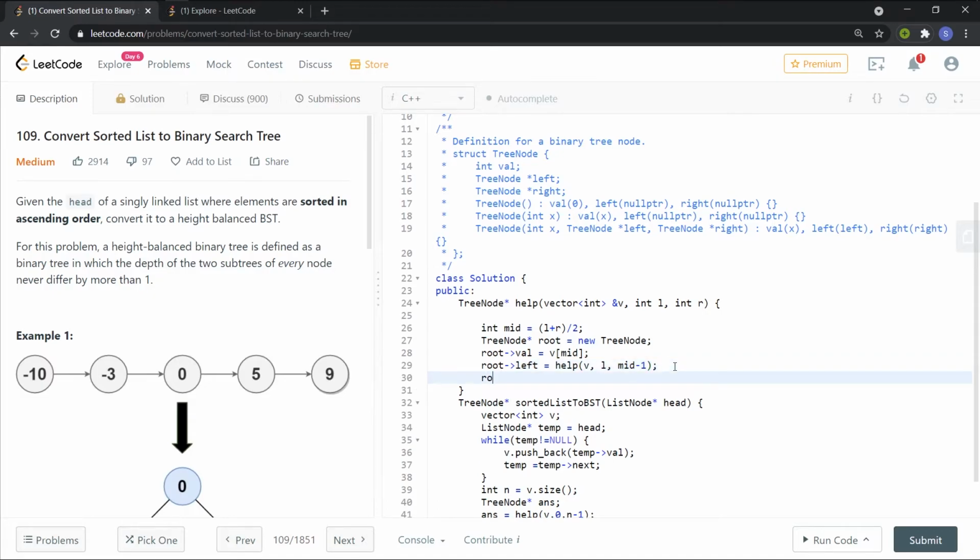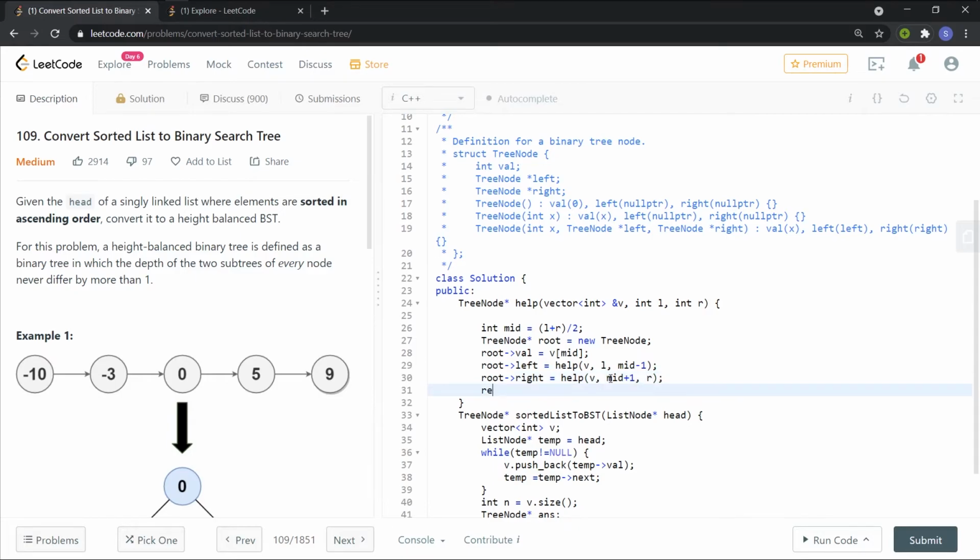And the same thing will be done for root right. In root right, the only difference is that the right index will be the same, that will be r, but here the left will be mid plus 1. And we simply need to return the root. But there is also one condition. You might be thinking about where we are returning null, because there might be some condition where we need to assign null to the left subtree and the right subtree if the node is a leaf node.